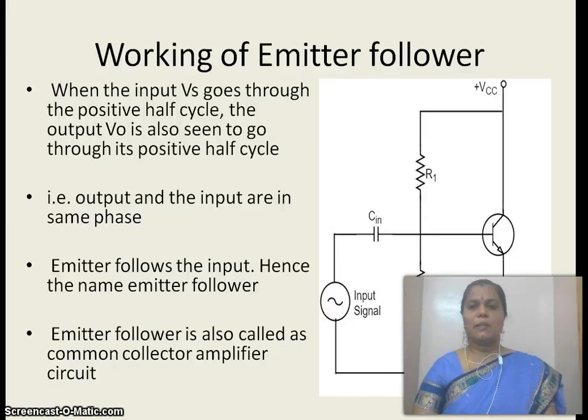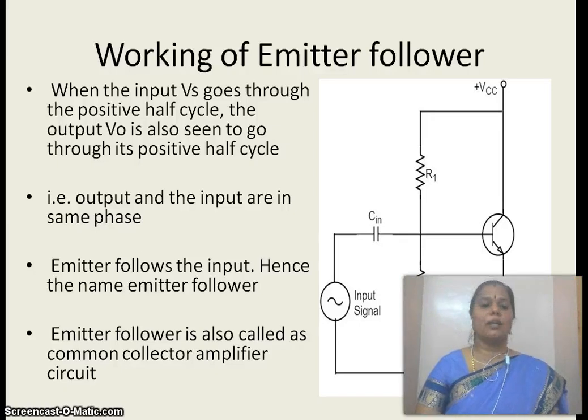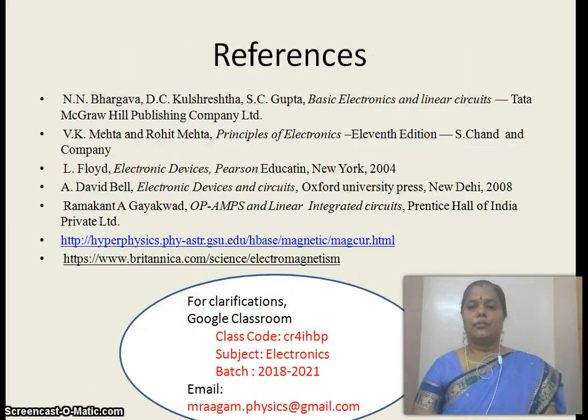So to summarize all the topics related to negative feedback amplifiers, we started with feedback and types of feedback, we discussed the voltage gain, we discussed the advantages, and we ended with the two illustrative circuits where we can make use of negative feedback. And to conclude, though the gain with negative feedback is low, it finds advantage over many electronic circuits because of high input impedance and low output impedance. These are a few references where we can find information related to negative feedback.